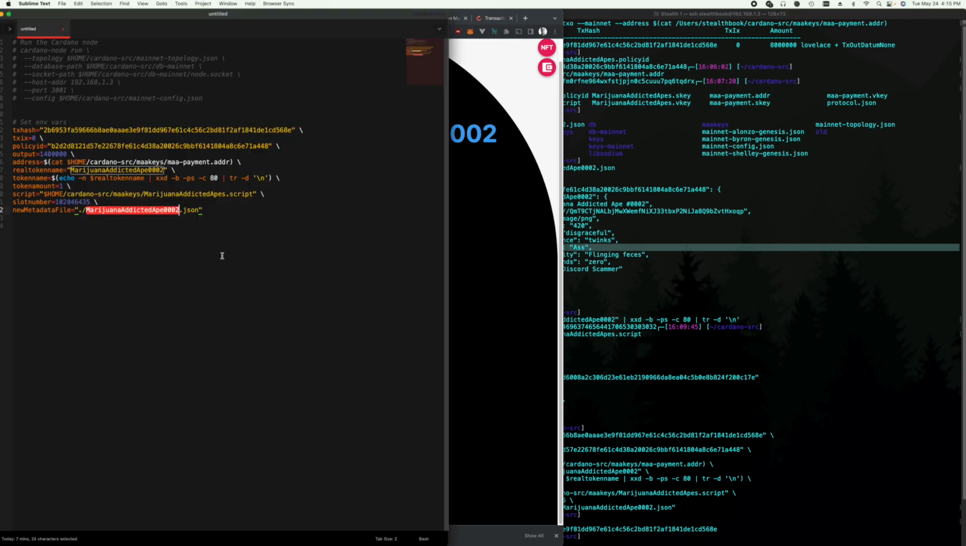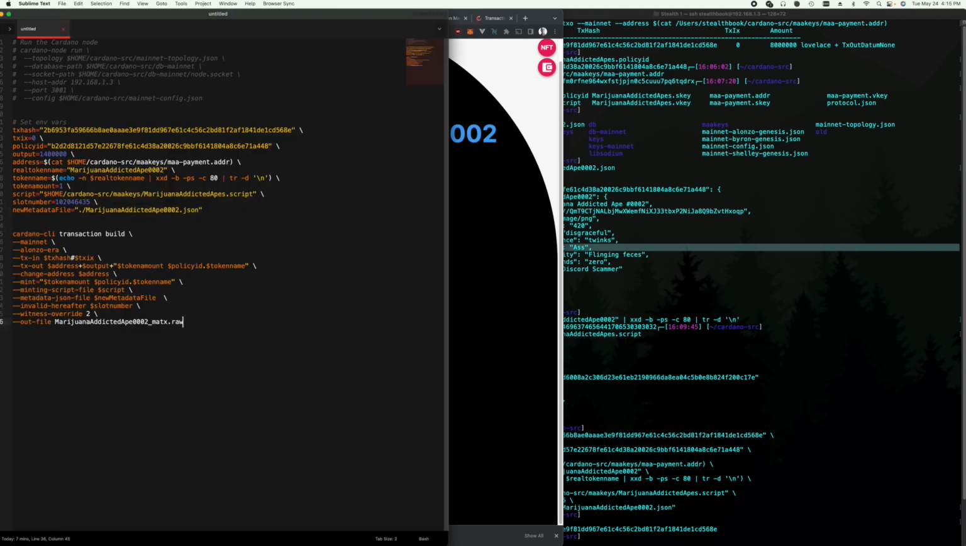So in order to make this not last a billion years, we are going to build the transaction first. There's going to be 3 steps to doing one transaction. It's building it, signing it, and then submitting it. So this is step 1, and we're going to be using the transaction build command, and we are targeting mainnet